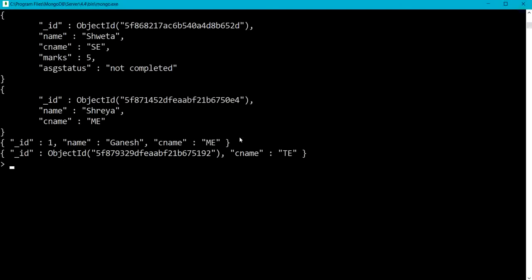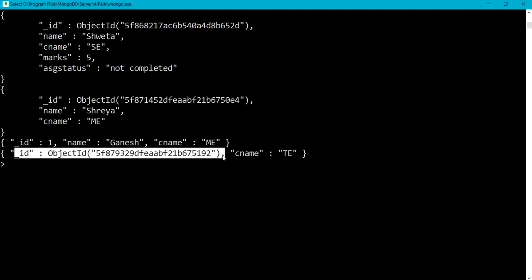You can see over here the last document was with the name Maya, but what happened here? The document is replaced with one that only contains the class name field, and the name field is removed, because the first document is only for matching and the second document is used for replacing the document that was previously matched. Note that we should be careful when using this kind of update. So this is the variation of the update method.